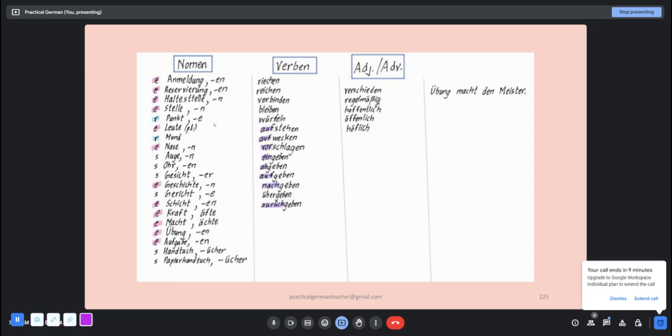For example, if I were you, what I would do is go to Euroshop and buy a notebook, and every day I would divide the page into four pieces. In the first column, I will write any noun that I learned today, or any noun where you're in a meeting and you think, if only I knew how to say this noun. Then you write that in the first column. In the second column, you write any verb that is relevant to your life.